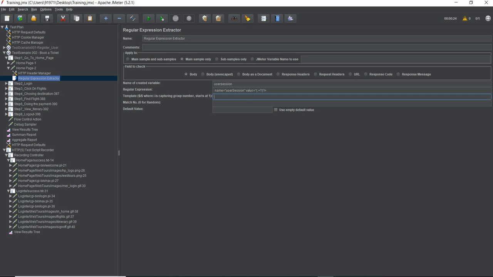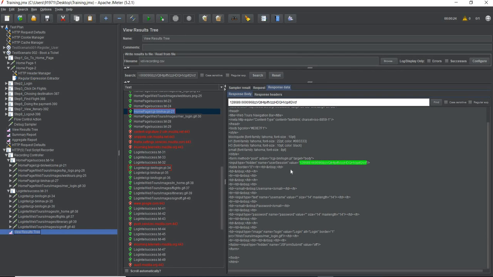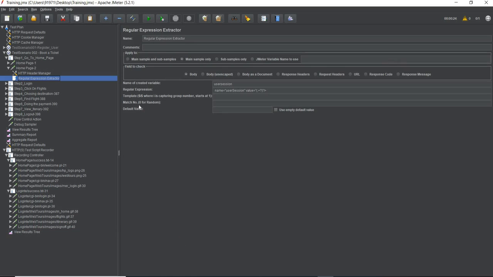And again, as we have said, don't be greedy, so match number does not matter. If we go over here in view result tree, if we have 10 matches having the same values, the match number will give us the particular match. If you say 1, 2, 3, 4, 5th match, then it will extract the 5th match, etc. This is the default value. If the value is not found, you say "not found". You can give it any value, but I am just giving "not found".